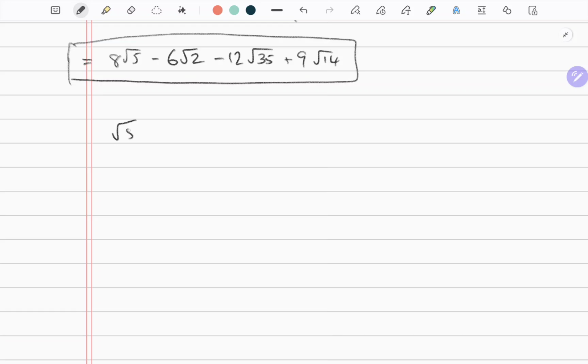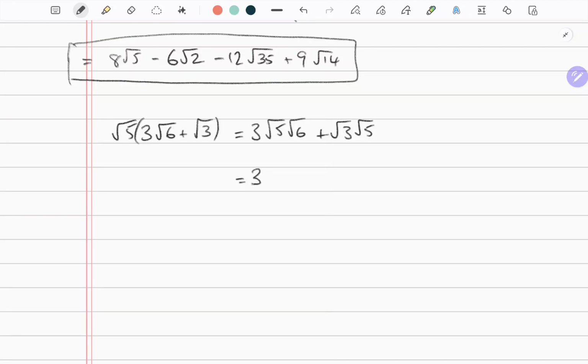So let's say square root 5, and let's open this bracket up, 3 multiplied by square root 6 plus square root 3. So what we have here, we have this multiplier here, so we'll multiply that by the first term, so that will give us, we'll bring the coefficient out first, and then 3 square root 5 square root 6, the multiplication symbol in between all these is implied, and then we have the square root 3 and the square root 5,